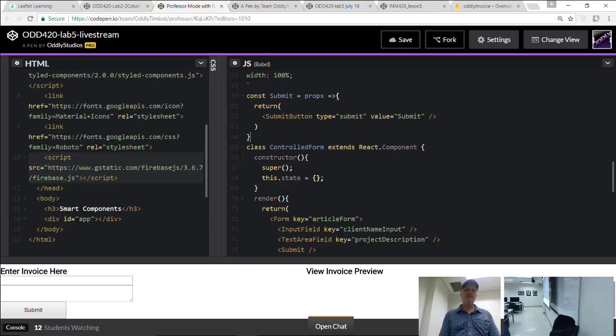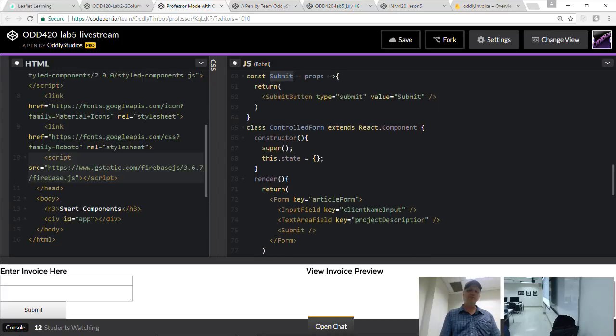So here's what we did, guys. Right here, we made another component, and we just called him submit. And inside, he returns our styled up submit button. So if we drop this guy into our form, he should have everything he needs. His type is set, his value is set, and he's styled. We call this overloading, or a controlled component. Let's see if we can do the same thing for our input.